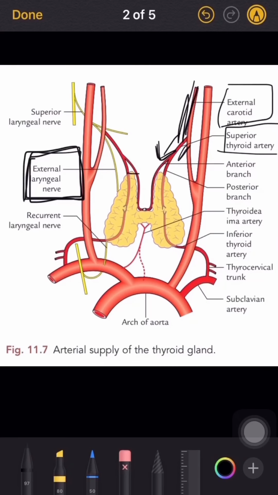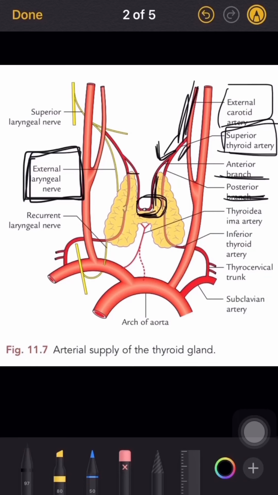two separate, and at the pole there is also a division of this superior thyroid artery into anterior branch and the posterior branch. So let's first focus on the anterior branch. The anterior branch, as we already know, is one of the relations of the anterior border of the lateral lobe, and then later it becomes the relation of the superior border of the isthmus, and finally it anastomoses with the anterior branch of the opposite side. So this was the story of anterior branch.